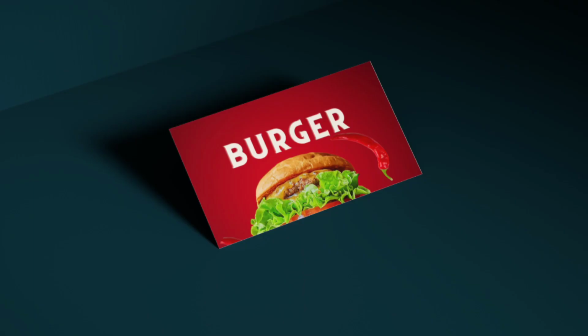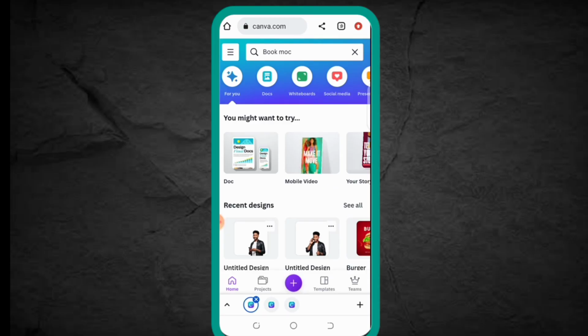Today I'm going to be showing you how to create a quality mockup with Canva, right? So I'm going to introduce you to the full steps on what to do to achieve this particular feature on Canva, right? So if you're on your Canva right now, the next thing you are going to do is